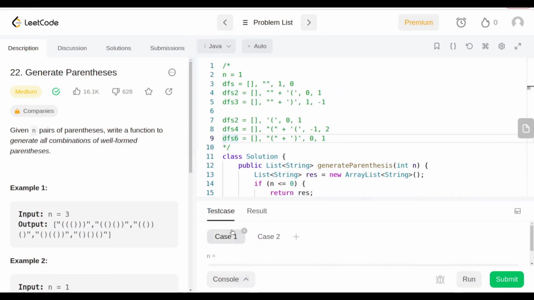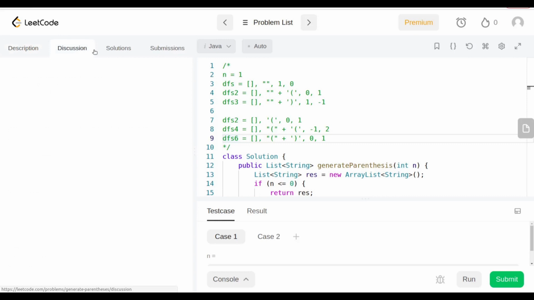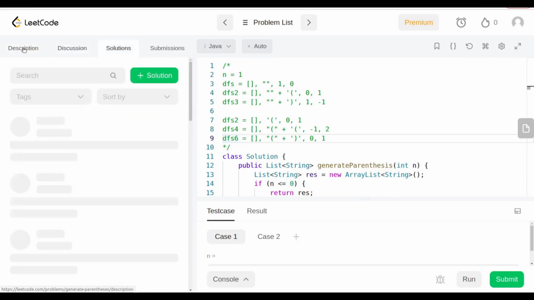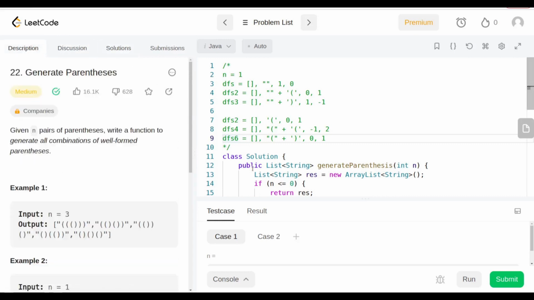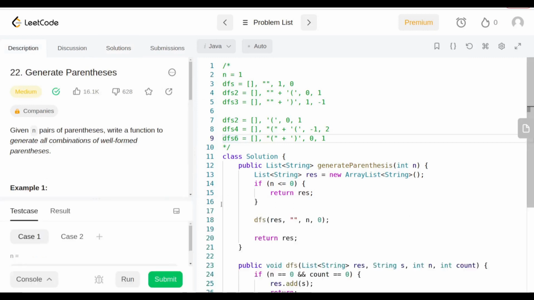I think the test cases were maybe similar before too, but you can add multiple test cases at the same time instead of tweaking the value in the same test case. And other than that, they have changed the discussions, solutions, and there are a lot of changes being made over here,